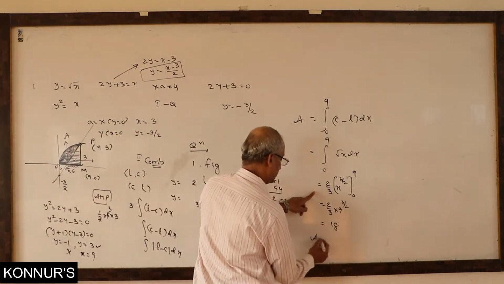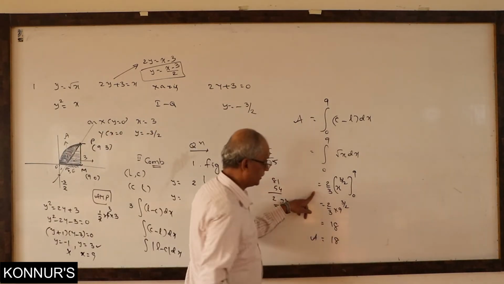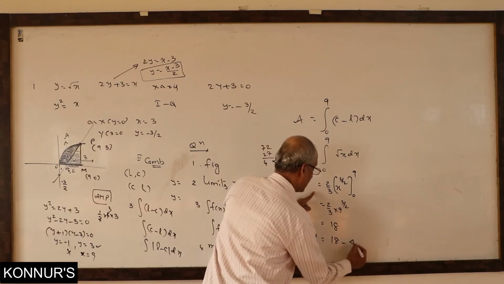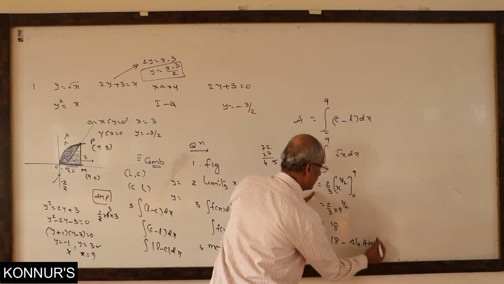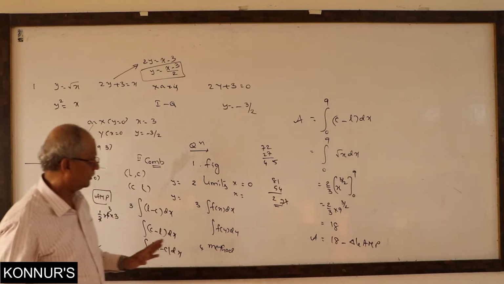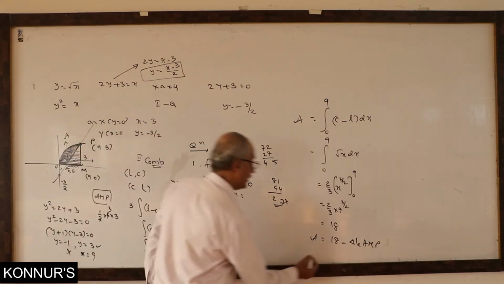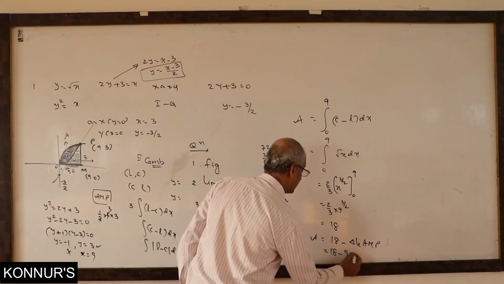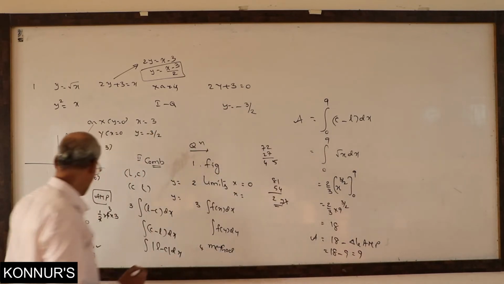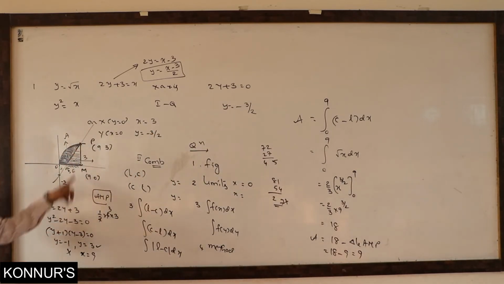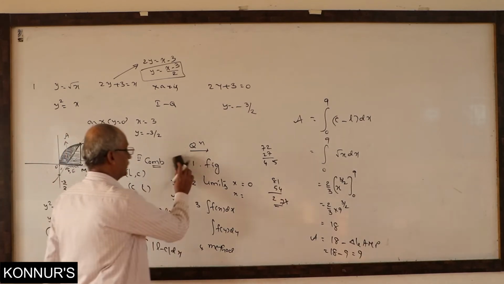Now total area is equal to curve with x-axis minus triangle AMP. As and when you are getting a closed figure from geometry, use it. Therefore, 18 minus 9. This is our answer. How did you get 9 here? See, this is a right angle. That is best. So in the first problem itself, we are getting the complete